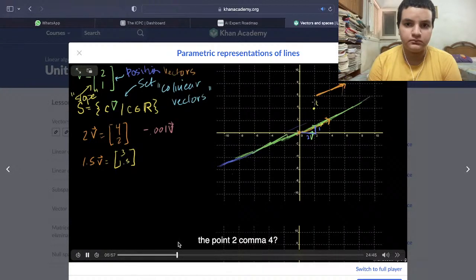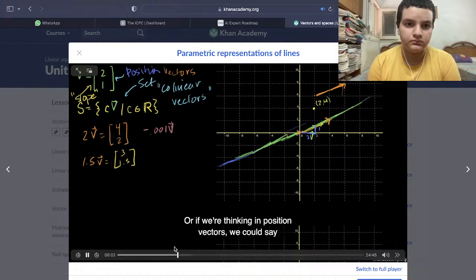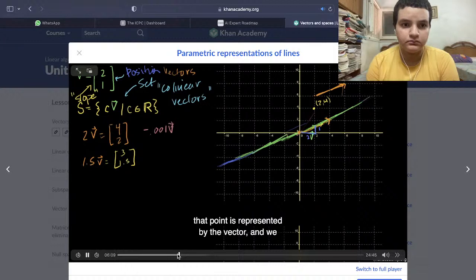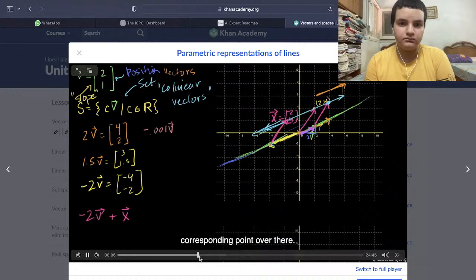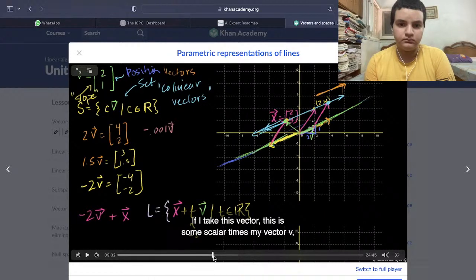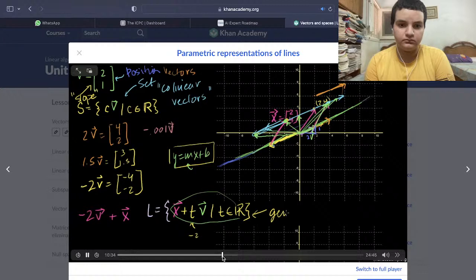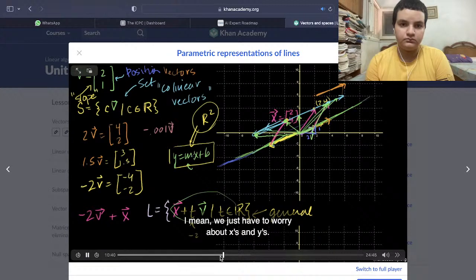This is the point (2, 4). Or if we're thinking in position vectors, we could say that point is represented by the vector. This is very general. This worked well in R2. So in R2, this was great. We just have to worry about x's and